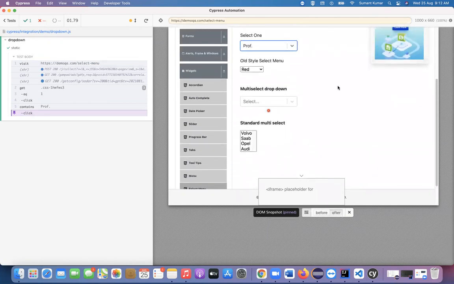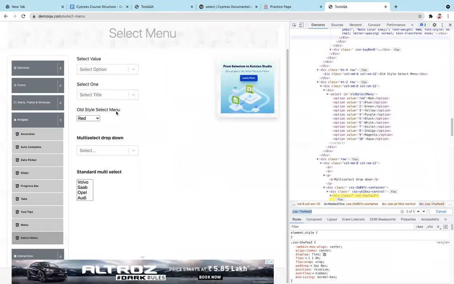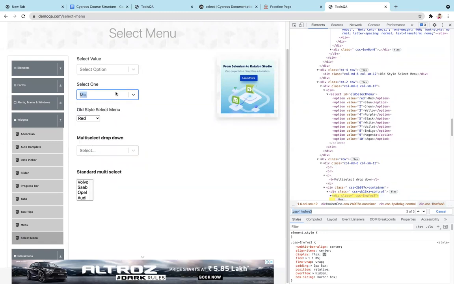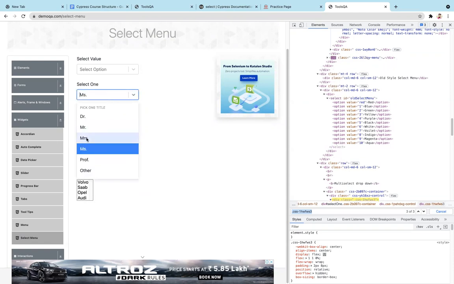Right. So this is a different way of handling. You have to go with the real scenario and how you can handle it. Here, simply what I'm doing is clicking this particular drop down, and after that, I'm clicking here. Even if you want to take the XPath, you will not be able to.